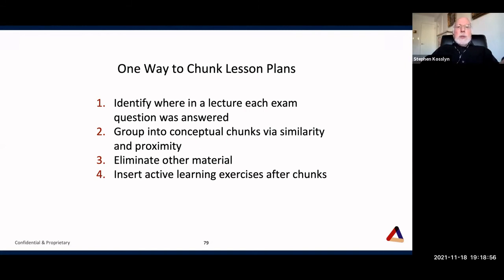Group conceptual chunks via similarity and proximity. Similarity in ideas and near in time. You'll discover that there are conceptual chunks that underlie what they need to know to answer an exam question. So go through and identify those. And anything you didn't ask a question about, you probably didn't think was that important. So you can eliminate it and insert active learning exercises after chunks. This is one way to figure out what's important and use active learning to help them